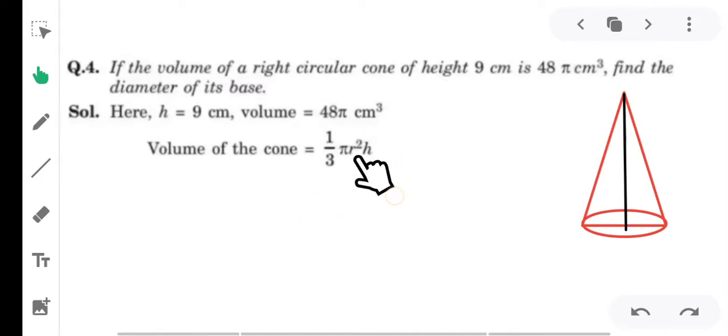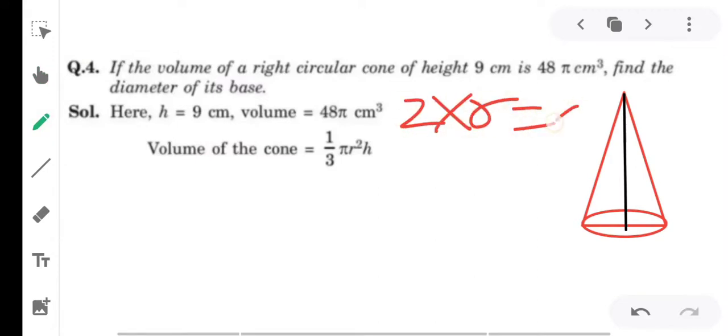Radius को अगर हम double कर देंगे, if we double the radius, so definitely we will get the diameter, right? Because radius को हमको double करेंगे तो हमको diameter मिलेगा. Diameter यानी क्या होगा, the length, right? यहाँ से लेके यहाँ तक जो length है उसको हम diameter यहाँ पर कहते हैं, right? तो diameter निकालने के लिए you already know what is the volume and the height, so these values are sufficient